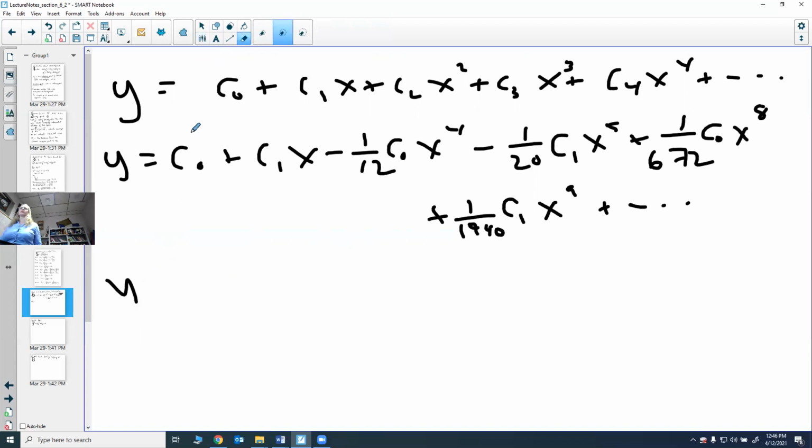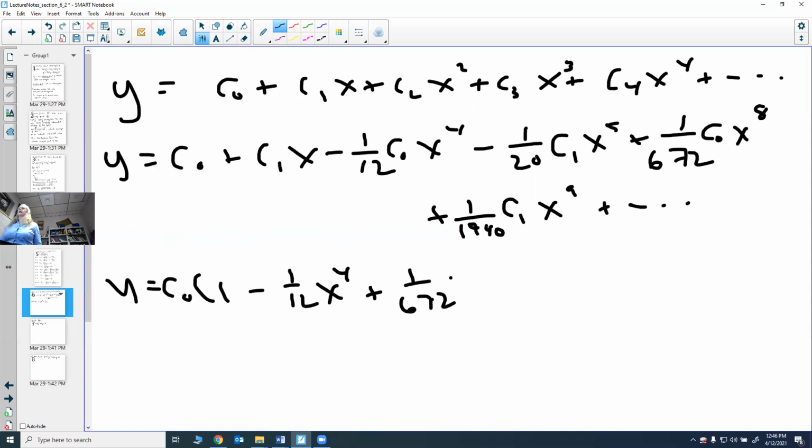We're going to put the C1 terms together, the C0 terms together. So we have C0 times, we're going to pull that C0 out of those. We're going to have a 1. We're going to have a minus 1/12 x to the fourth. We're going to have a plus 1/672 x to the eighth minus, and it's going to keep alternating pluses and minuses,